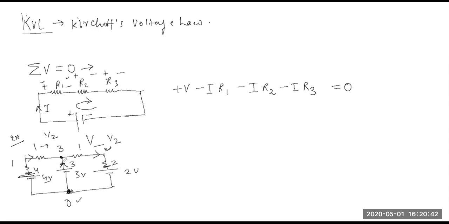Now can somebody tell me what will be the current here? Net incoming current, see, this is 1 by 2. Current going out is also 1 by 2. Can somebody tell me what will be the current here? Net incoming current is equal to net outgoing current. So let's call it I. So I plus 1 by 2 is equal to outgoing current 1 by 2, which gives me I as 0, right? This is something which we did earlier, right? And this was the concept of KCL.